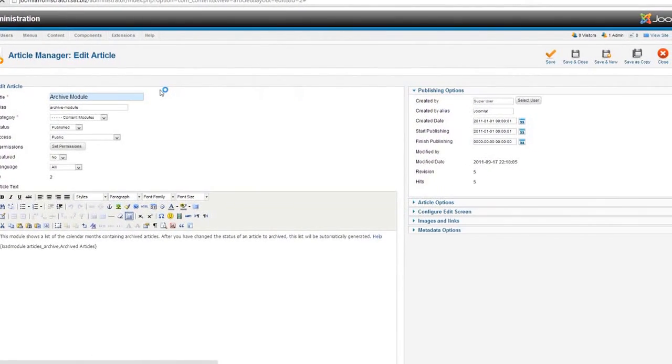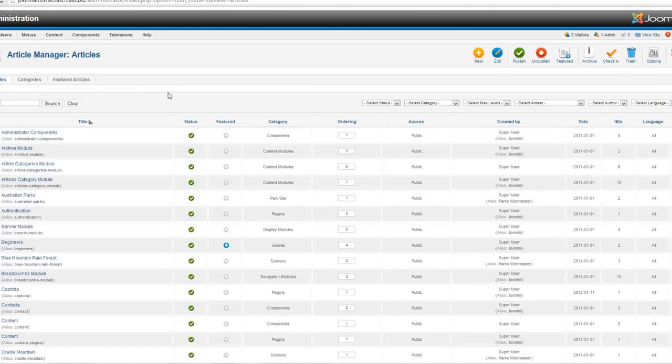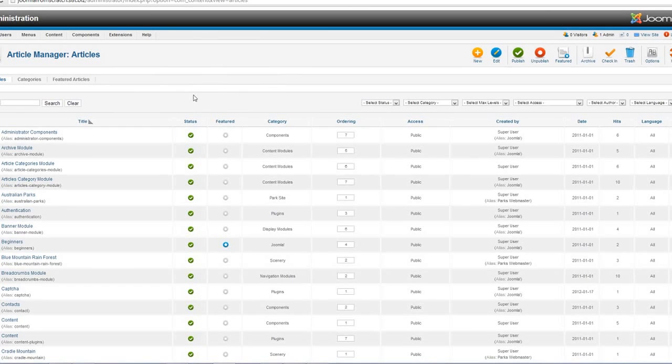And that is basically the basics of the components, modules and plugins, where to find them. Later on I'm going to go into more detail on how to create them, how to assign them to specific positions, how to make them either public or special or registered for the access levels, and